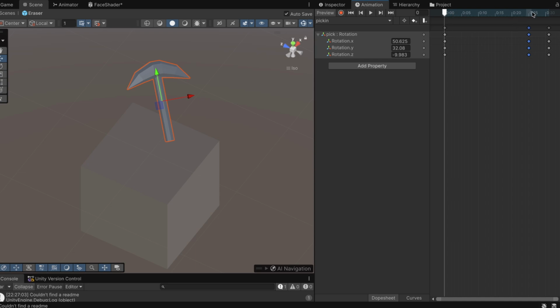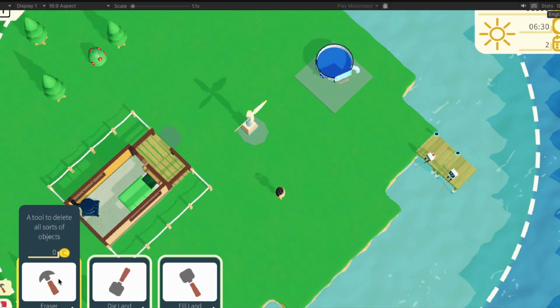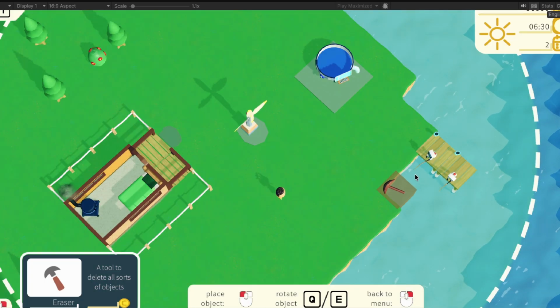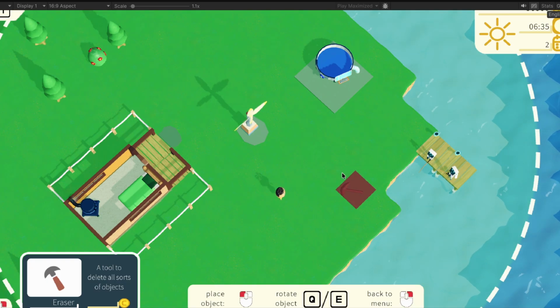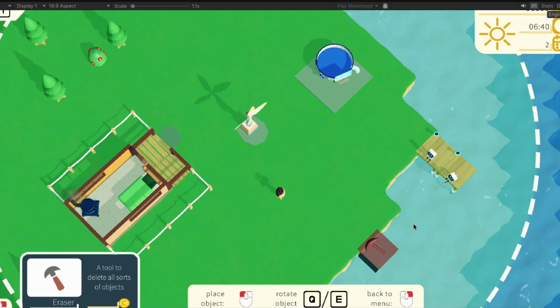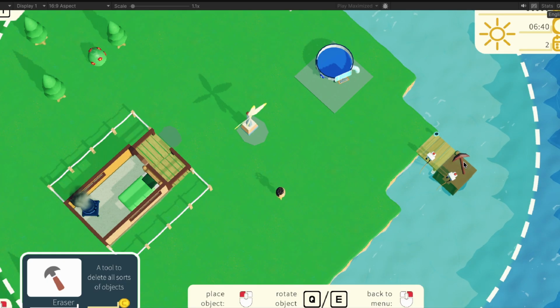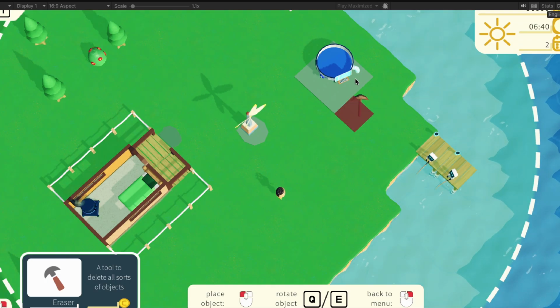But for little things like a gate or a boat or a tree, the easiest way to animate them is to put small movements where you select a starting point and then you select an ending point, and then you make the animation go back to the starting point. For example, with my pickaxe animation, it's just swinging from the top down and back up to the same position, and it repeats that over and over.